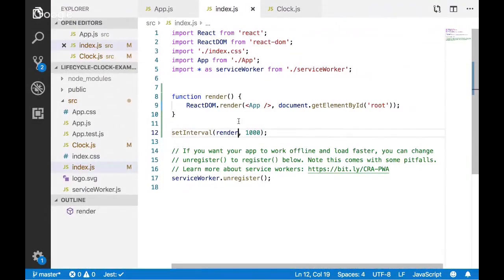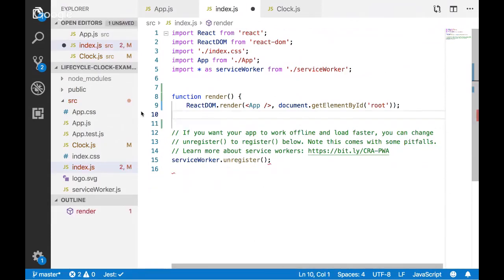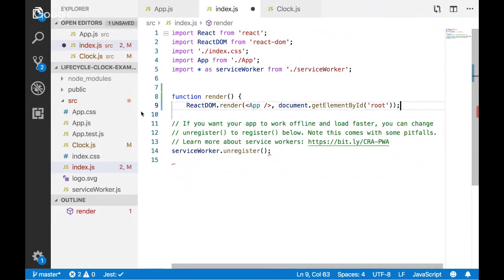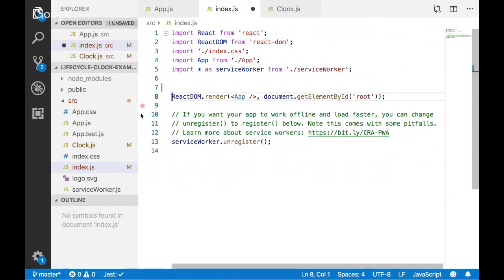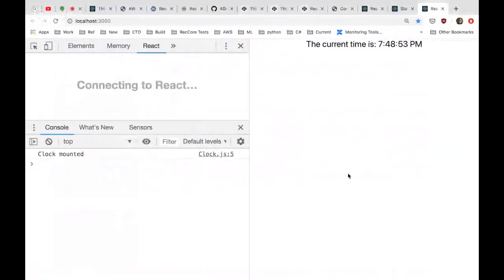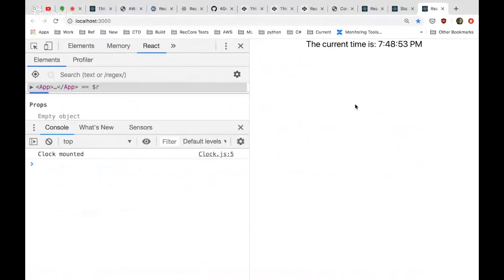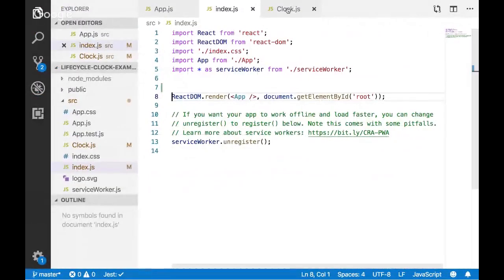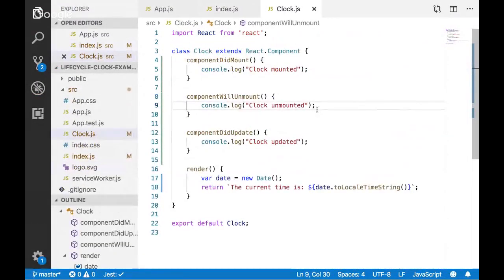Now let's get rid of that because this isn't the way that we want to do this work. What we want is to go ahead and render the app once, and then the clock component should have its own internal state knowing what time it is, because it's silly to have that stuff outside of the clock.